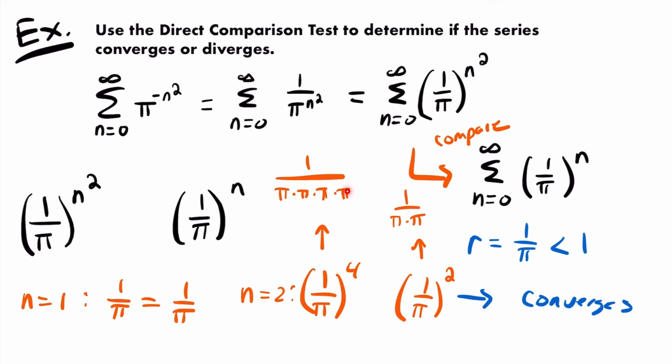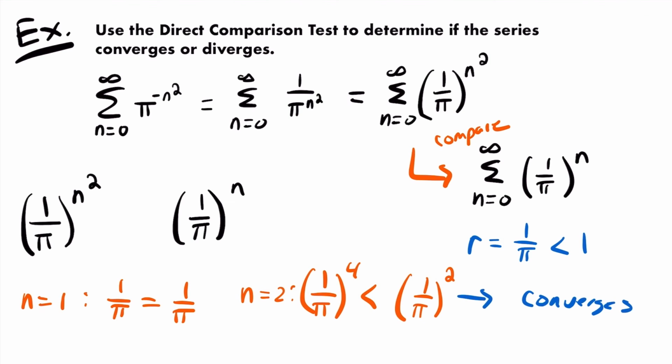And when you have a larger denominator, that value will be smaller than the other value, right? So 1 divided by pi to the 4th power will be smaller than 1 divided by pi squared. And so we can write that down. 1 divided by pi raised to the 4th will be less than 1 divided by pi squared,